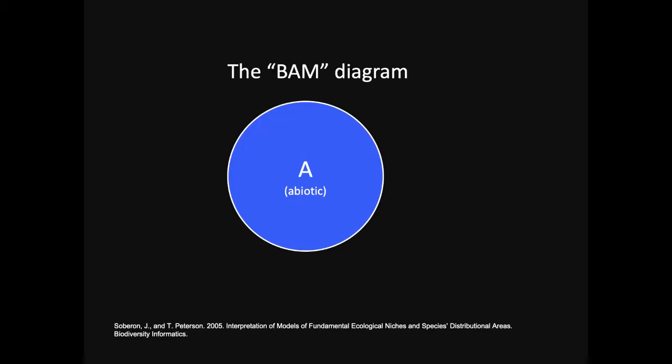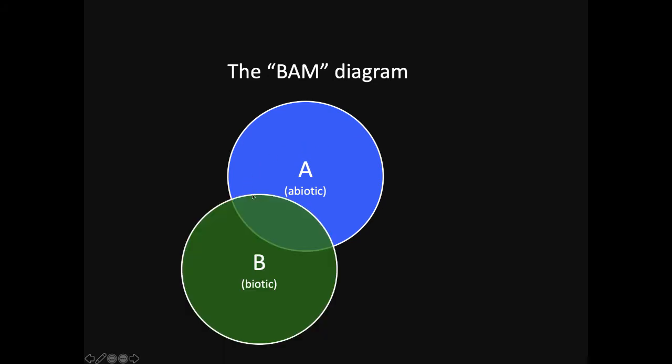So we're going to go over to the BAM diagram, Soberón and Peterson, this idea that there is this kind of abiotic niche, this subset of an environment space within which our species is happy. And let's say we're working on some sort of question where this is the main thing we want to know. As Soberón and Peterson pointed out, we've got biotic interactions that restrict our species to a subset of the space that would otherwise be suitable for it. So, this is where it could live, all other things being equal, but with biotic interactions, it can only live